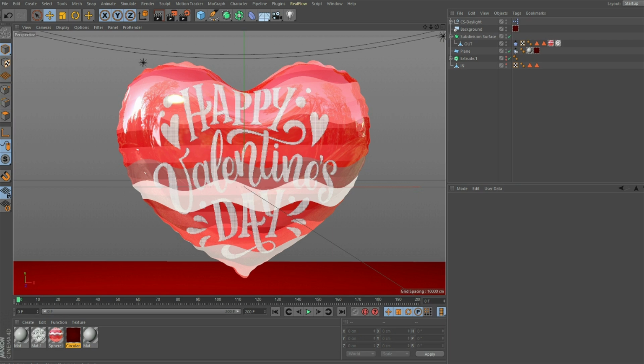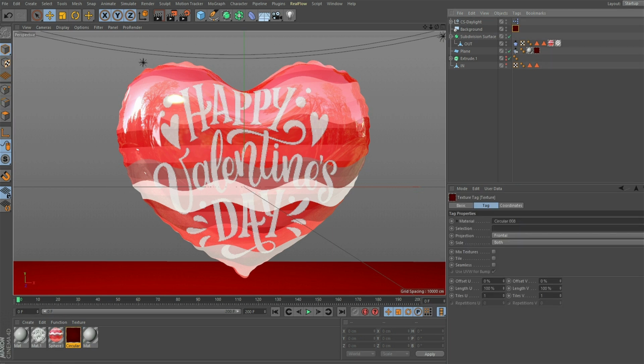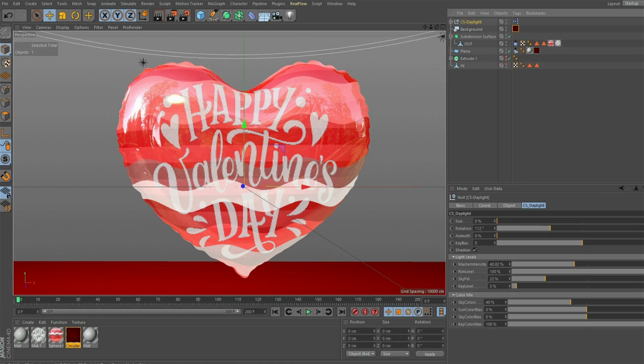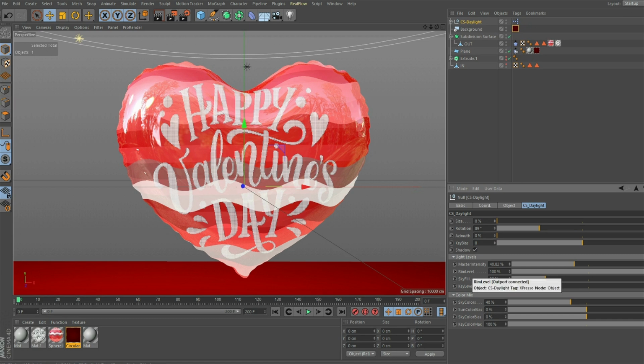Now on your own time, go ahead and fix this, and you can mess with anything that you want, like the lighting. Go ahead and adjust the rotation. As I said before, you can adjust the rotation. You have the actual shadows right here selected. You have the master intensity, which deals with how strong the lighting is, and you have everything else, the sky